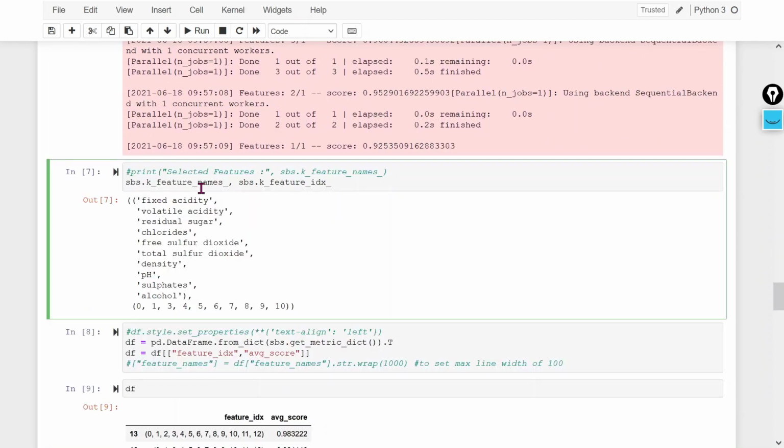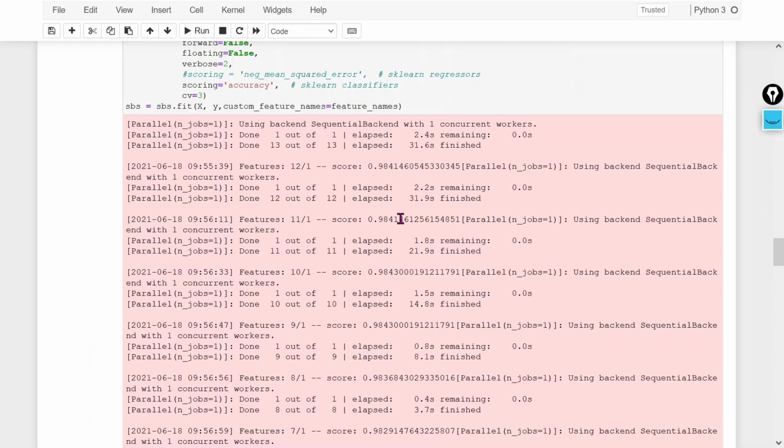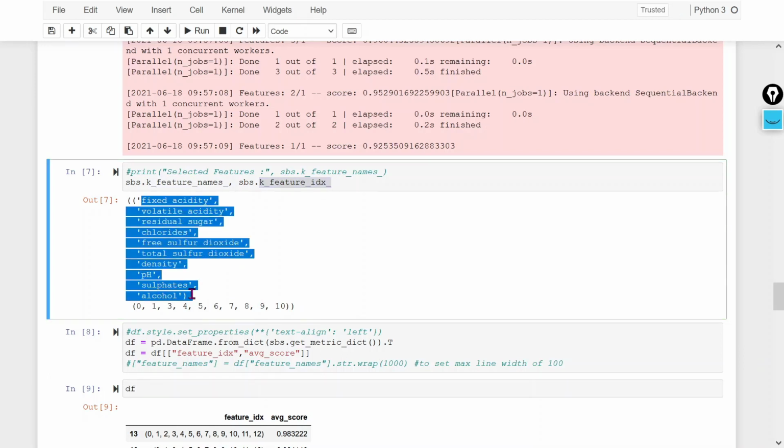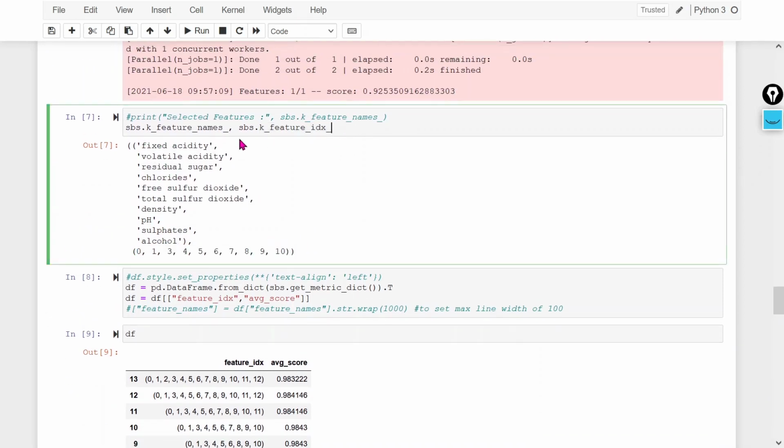So here I am creating the features and corresponding index, because it provides me only the index, right? So that's why I have to check what would be the index of those selected columns. This will provide me all the selected features, and this will provide me all the selected features' index. So these will be your selected features and corresponding index. These will be your final output of the selected features.